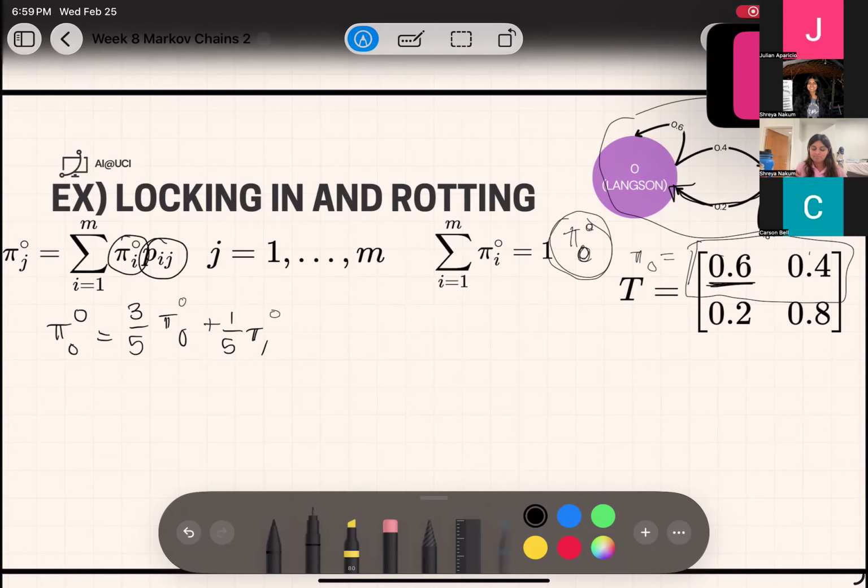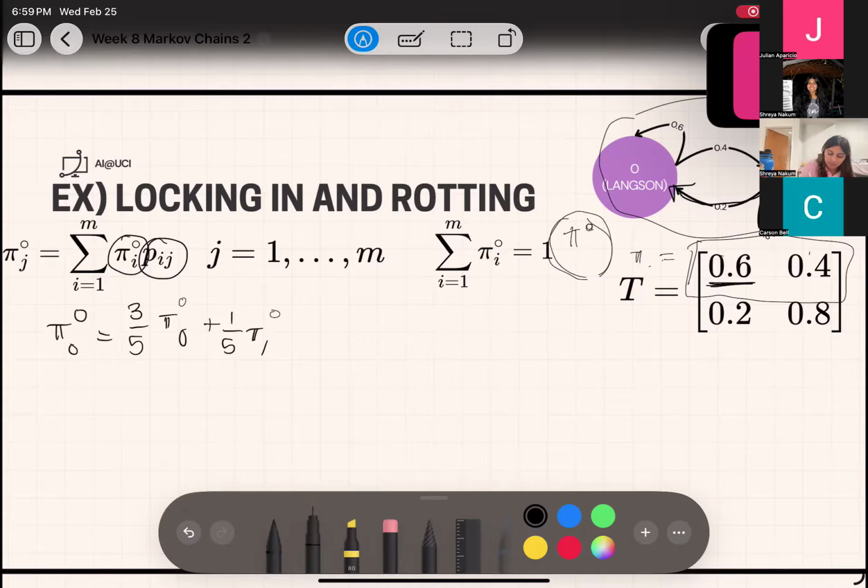How is it different from pi with just the dot on top? It's the same thing. Let me erase this too. This is just a steady state row vector, and this is just a steady state probability. When you add subscripts, it's saying this is at a specific place. So with a 0 here, this is Langston's row vector, and this is Langston's steady state probability. But as is, it's just the steady state probability and the state row vector. Okay.